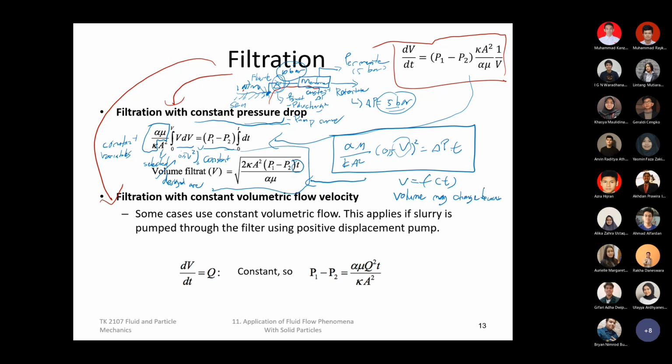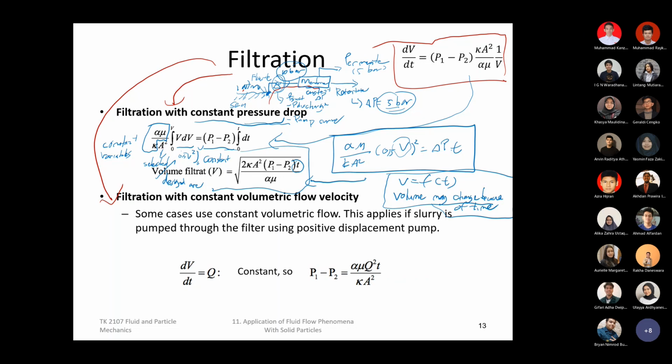Why? You can remember the previous slide about the cake accumulation. Over time, if the membrane is not clean, the solids start to accumulate and block the system. Then we lose the production of clean water. So it's possible to perform a constant delta P in the membrane or in the media, but the consequence is the volume of the filtrate may change as a function of time. And this is the big difference compared to the second setting.